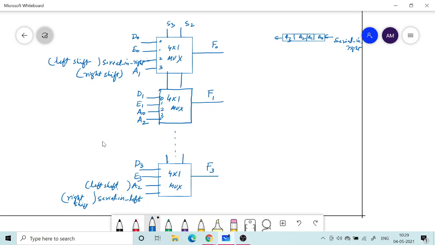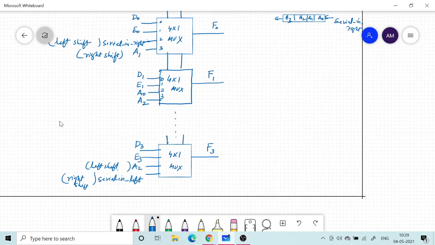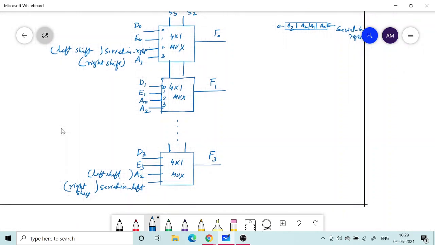My output is basically coming from this. Apart from this, I can have additional flags, just like in a microprocessor you had a flag register. For example, I can detect a carry out or an overflow, or if all the bits are 0, I can have another flag where you just take an OR operation of all of F0 to F3. All of that is possible.